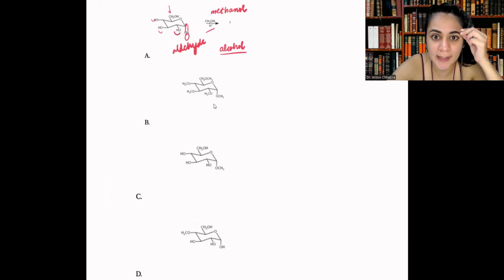right? So an aldehyde and an alcohol react to actually form an acetal. So then we should actually get that acetal over here. And so that would give us option B. So